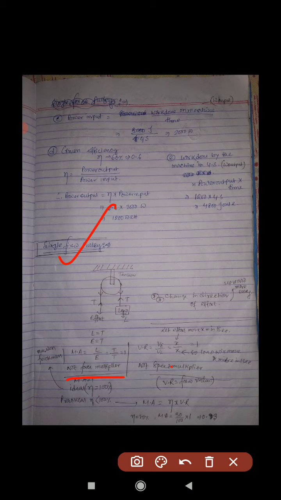Similarly, if I find the velocity ratio, you know how to calculate it. In this case we will think that the effort moves x meter in 1 second, I have written over here. Similarly, the load also moves upward x meter in that 1 second. So the velocity of E and the velocity of L are the same, which means the velocity ratio is 1. The velocity ratio is always a fixed value, while mechanical advantage can change.